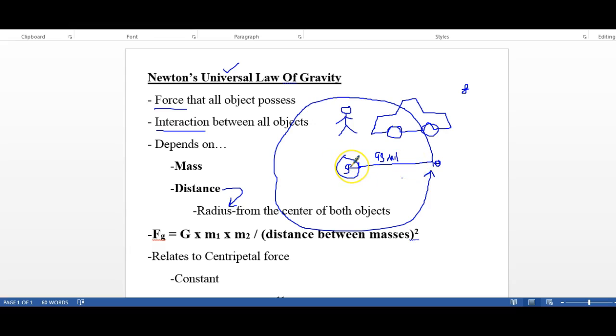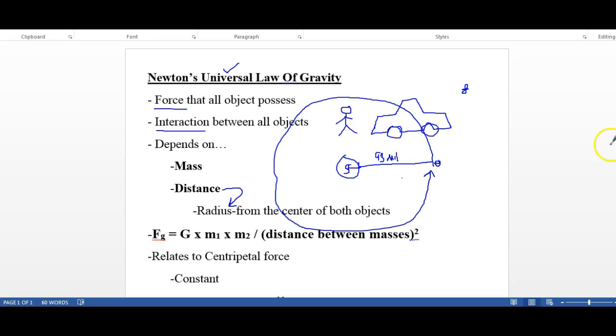And the sun even, I'm not sure what its radius is, but in the grand scheme of things, does it really add much to 93 million? You just have to see if it does or not. Now in the end also, if you included the radiuses of each of these, it wouldn't affect the calculation at all. Okay, so just remember that mass and distance, that is really what determines the amount of gravity one object